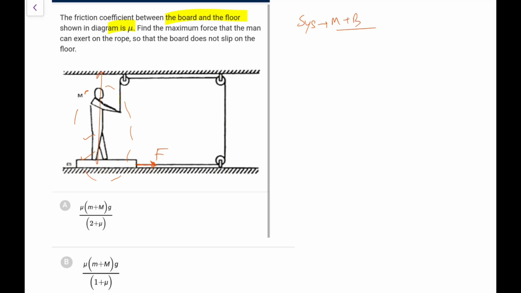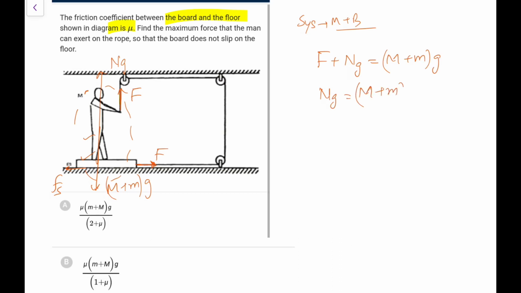So one would be the normal from the ground, and the combined weight is (M plus m)g, and this force, because it is pulling it down, will be stretching it up, and because of this tendency the friction would be coming like this. So first of all, for vertical equilibrium, F plus the normal from the ground is equal to the total weight (M plus m)g. So the normal from the ground is (M plus m)g minus F. Now for balance, Fs should be equal to F, that means F should be less than or equal to Fs max, which is mu s N. So in the limiting case, F max is mu s N, and N is what you will have, (M plus m)g minus F, let's say this will also be max.